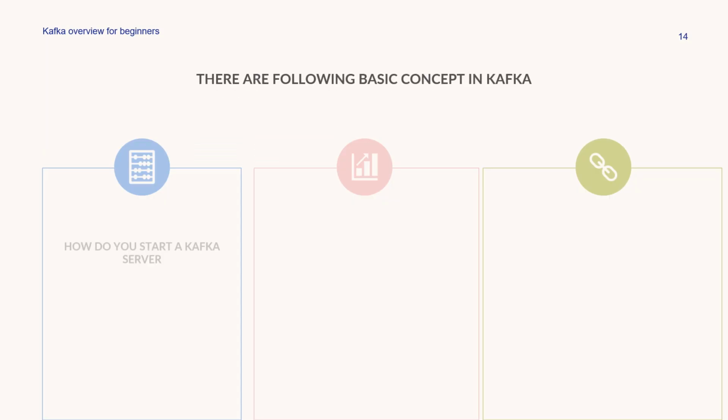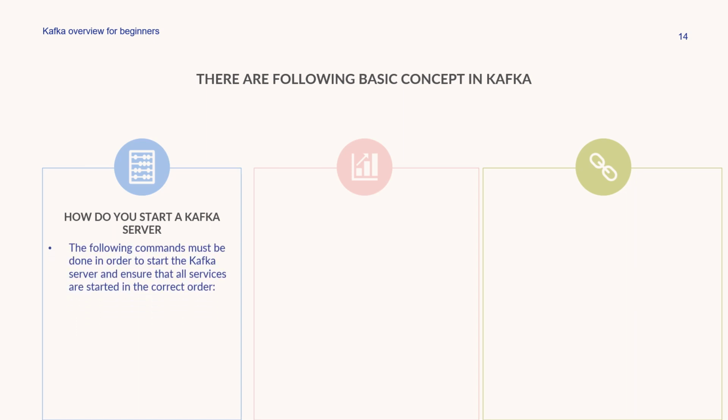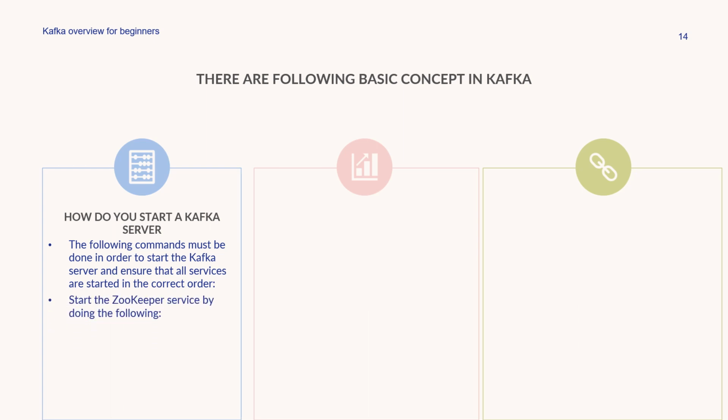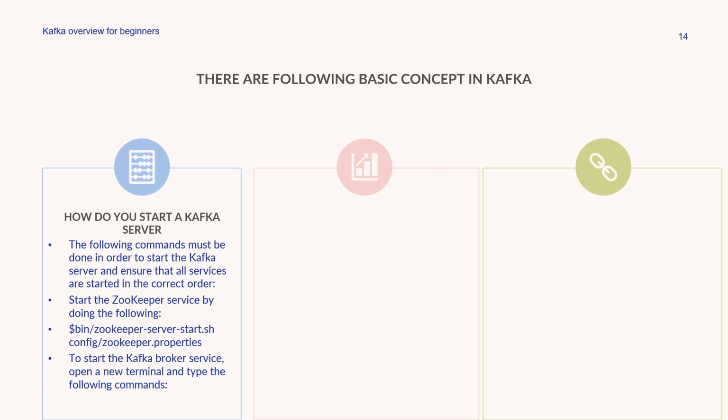So what are the basic concepts in Kafka? How do you start the Kafka server? The following commands must be run in order to start the Kafka server and ensure that all services are started in the correct order. Start the Zookeeper service with the command $bin/zookeeper-server-start.sh config/zookeeper.properties. To start the Kafka broker server, open a new terminal and type the command $bin/kafka-server-start.sh config/server